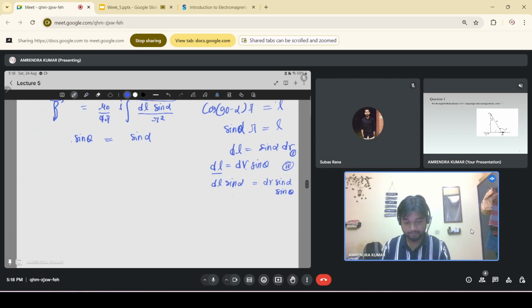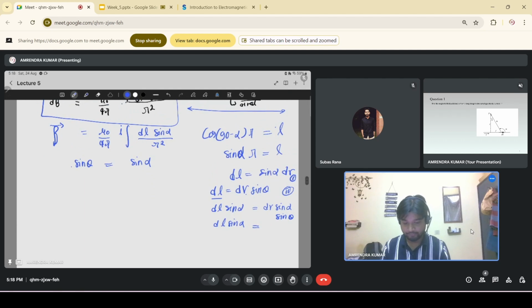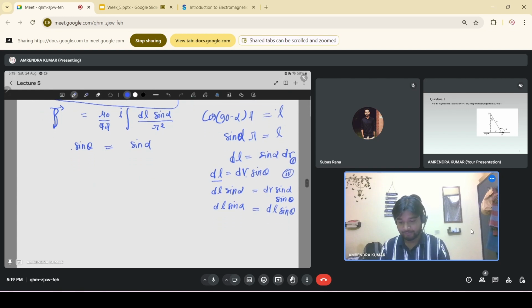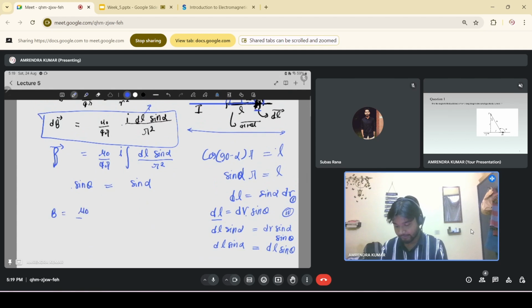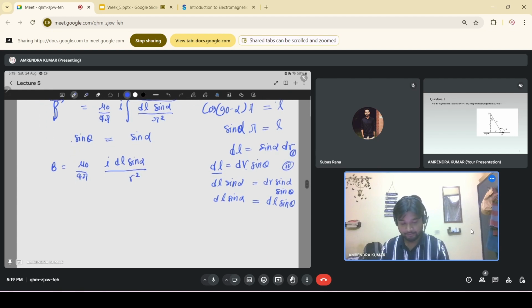ओके, ये इक्वेशन में हमने साइन अल्फा दोनों तरफ मल्टीप्लाई कर दिया, तो यहाँ से हमें पता चला डीएल साइन अल्फा हमारे पास हो जाएगा। चूंकि अब हमें पता है कि जो डी आर साइन अल्फा है वो डीएल है, डीएल साइन थीटा। तो हमें ये पता चल गया कि इस डी बी इज इक्वल टू म्यू जीरो ओवर 4 पाई आई डी एल साइन अल्फा ओवर आर स्क्वायर में अगर हम डी एल साइन थीटा से रिप्लेस कर दें इसको, म्यू जीरो 4 पाई आई डी एल साइन थीटा